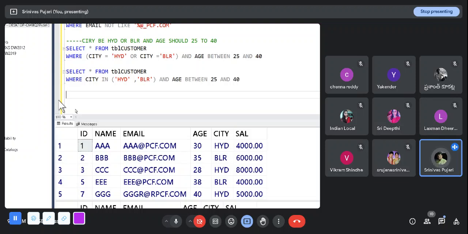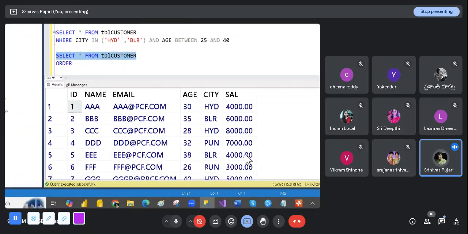Now next, order by class. Order by is mainly used to sort the data. Suppose you select star from customer. You see here the salary is not in order, and the age is not in order. So if you want to go with the salary or age,